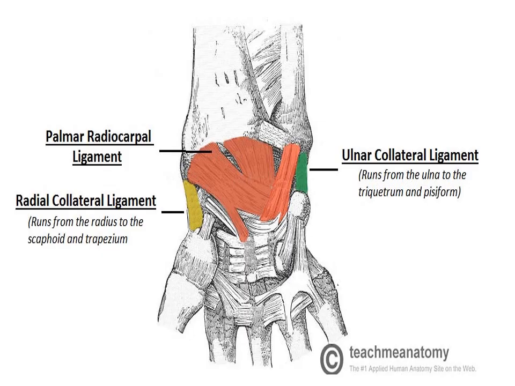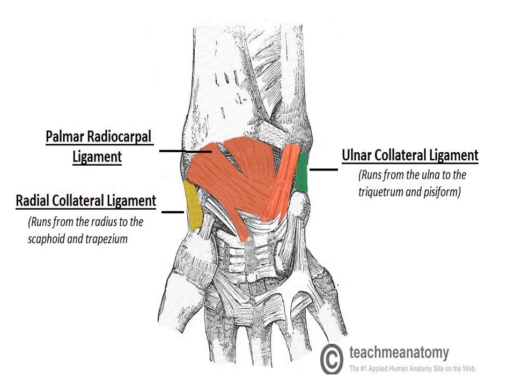This is a picture showing us each of the ligaments. We have the ulnar collateral ligament at the side. Remember, it tends to limit radial deviation. We have the radial collateral ligament as well on the lateral side that limits ulnar deviation. And we can see the palmar radiocarpal ligament on the anterior surface, but we can't see the dorsal radiocarpal ligament